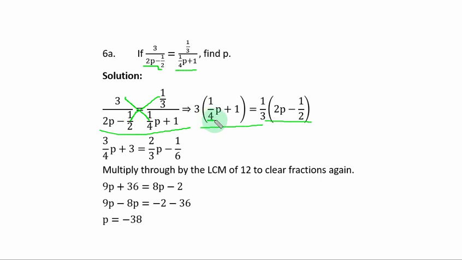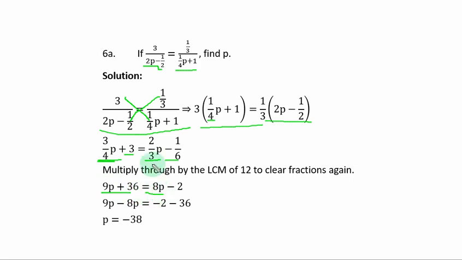3 times 1 over 4p, you have 3 over 4p. 3 times plus 1, you have plus 3, equal to 1 over 2 times 1 over 3 times 2p, you have 2 over 3p. 1 over 3 times minus 1 over 2, you have minus 1 over 6. Once again, let us clear the fractions by multiplying through by the LCM of 12. So if you multiply the first term by 12, you are left with 3 times 3p, that is 9p plus